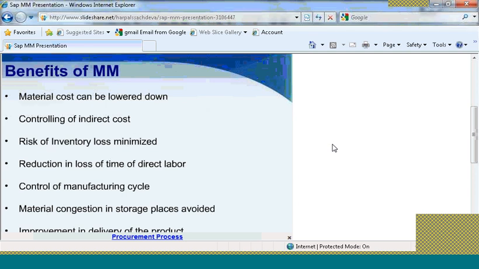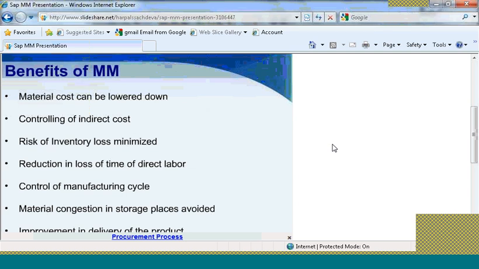If you are doing a manual inventory, there is always a risk of losing stock. That is minimized in SAP MM. Reduction in loss of time of direct labor, a very valid point. Instead of having manual labor to keep a stock of all inventory, you can have the SAP MM module installed and the module will take care of all the inventory.